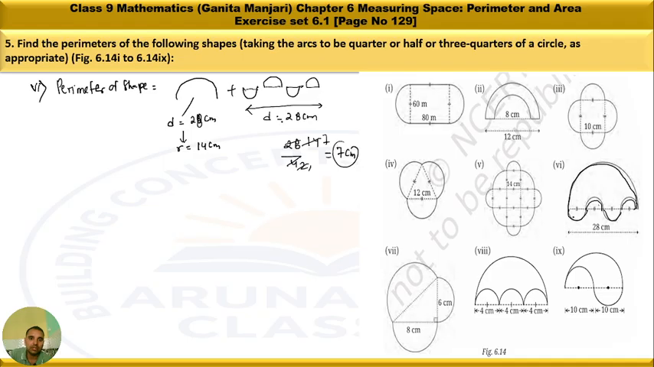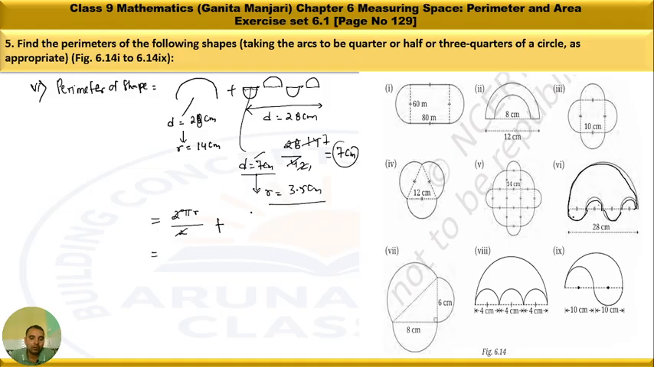This 7 centimeter is actually the diameter of the smaller circle. For each circle, there are 4 semicircles, so each has a diameter of 7 centimeter. So the radius will be 7 by 2, that is 3.5 centimeter. Now I will find the length of this semicircle. The length of the semicircle is given as 2 pi r divided by 2. 2 and 2 get cancelled. Plus,